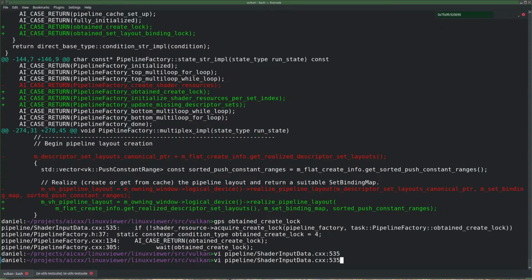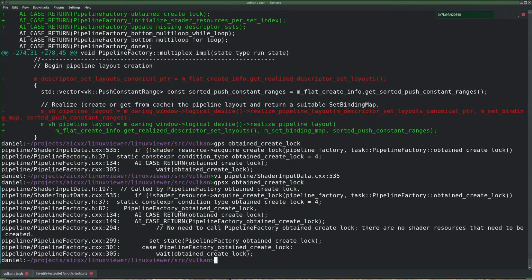Oh, these are all okay. I need to add an X and I get more. Probably just this, right? So this is correct, this is correct, this is correct. And this is correct. So I just have to rename the pipeline factory states back, I think. Yeah. To